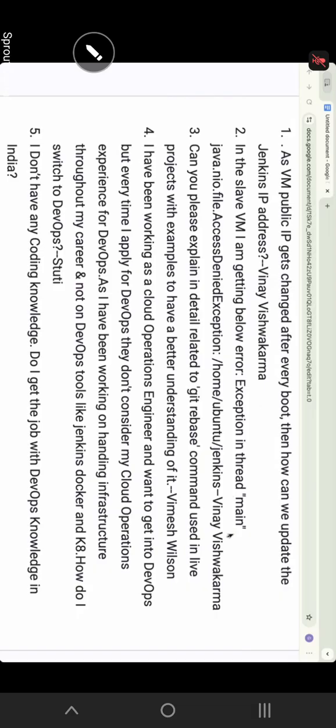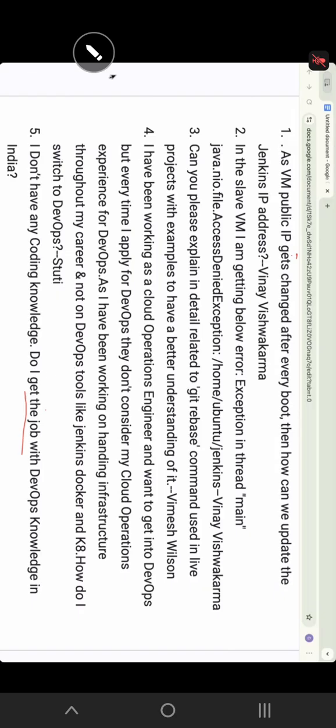Question number 4. I've been working as a cloud operation engineer and want to get into DevOps, but every time I apply for DevOps, they consider my cloud operation experience, as I've been working on handling infrastructure throughout my career and not on DevOps tools. So, Stuti, you have to,